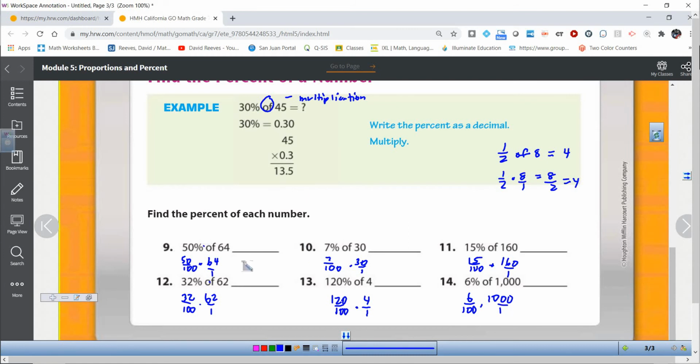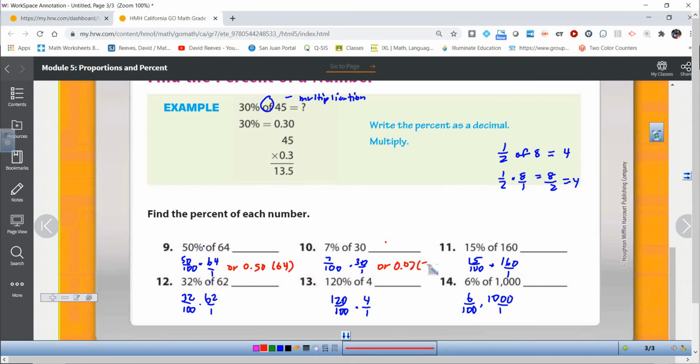Now you also can multiply them as a decimal, or I could do 0.50 times 64, right? I can write this as a decimal. There it is as a fraction. This one right here, I could do 0. Now be careful, it's 7%, so it's not 0.7. That would be 70%, right? We don't want 70%, we want 7%. So this would be